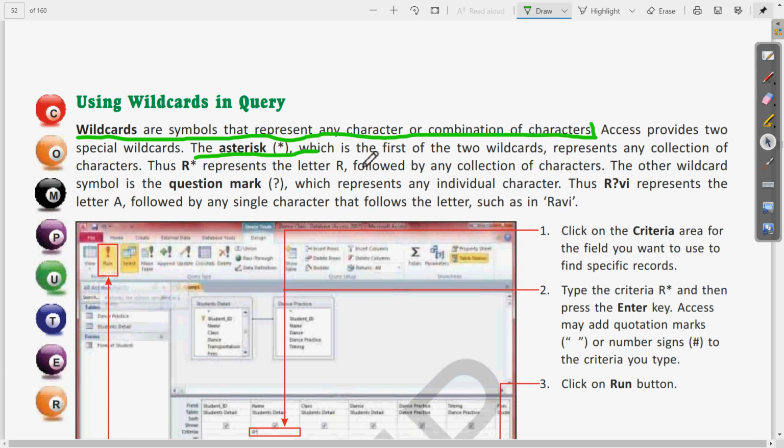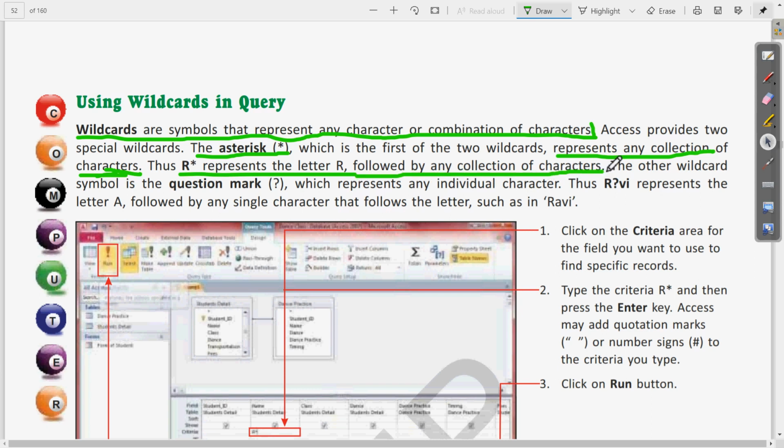The asterisk represents any collection of characters. Clear? So the sentence is, the asterisk represents any collection of characters. Then the example is here: R asterisk represents the letter R followed by any collection of characters.